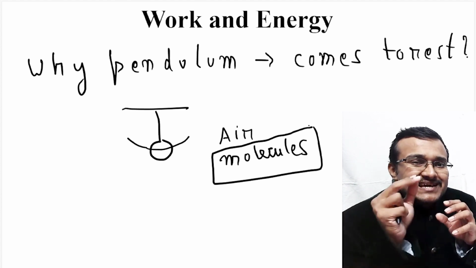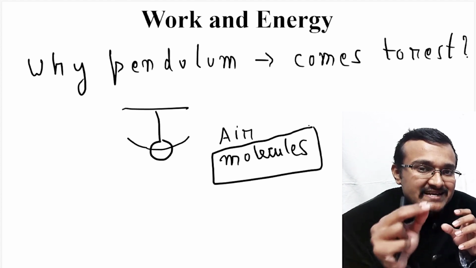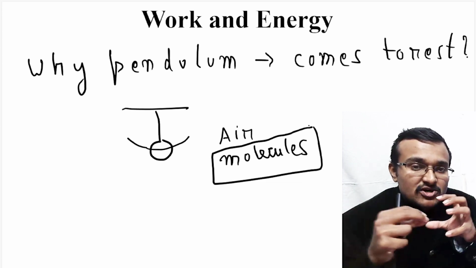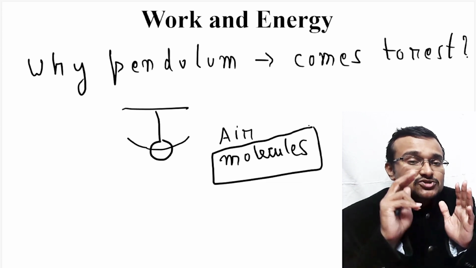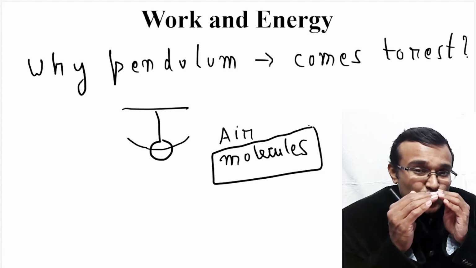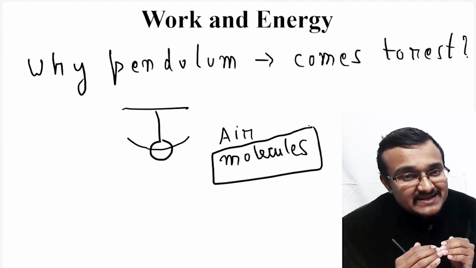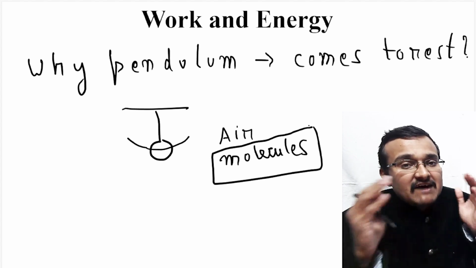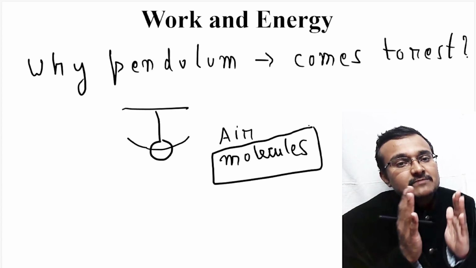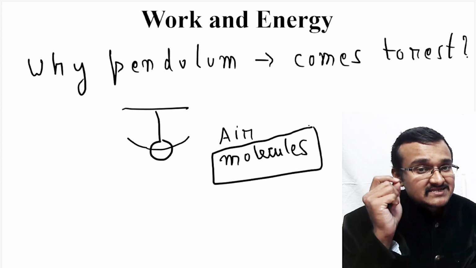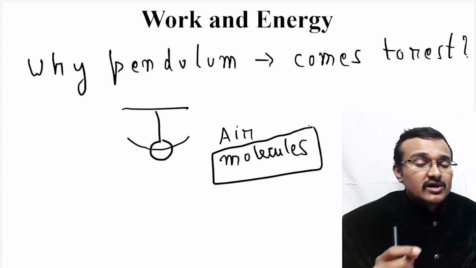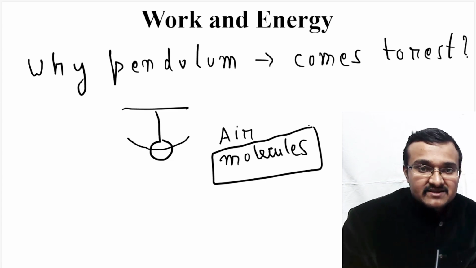So slowly energy is getting transformed to heat energy when this pendulum is constantly colliding with the air molecules present in the atmosphere. That's why energy is slowly getting transformed to heat energy, and hence after a while this pendulum comes to rest. But if you perform this same experiment inside vacuum where there is no air resistance, this